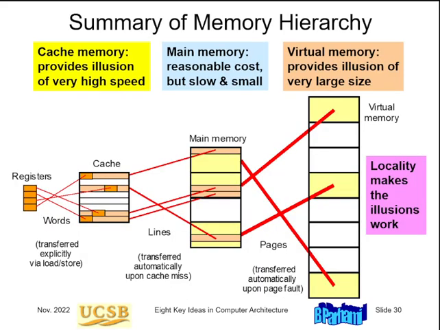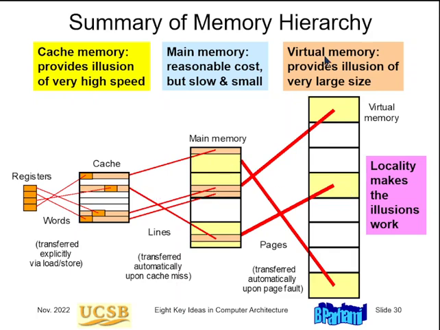So here's a summary of memory hierarchy. We have registers, we have cache, we have main memory. As I just mentioned, when you bring something from main memory, which is very slow, into cache, you don't bring just the word that you need, you bring a block of data from main memory. So with one access to main memory, you bring multiple words, so that in a later cycle you may need this other word, and this other word, and so on.